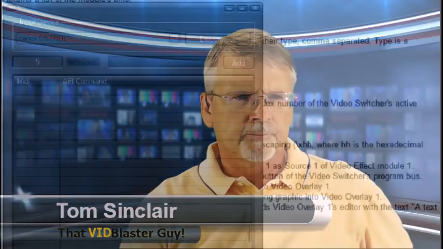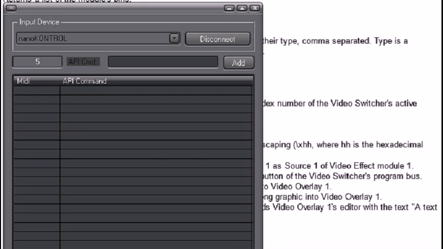The first one is something called MonoMidi. And MonoMidi was written by Daniel Frost, and I'll put a link to it in the show notes for this show. But basically, it allows me to take something like the Korg Nano Control that you can see I'm already connected to. There's Korg Nano Control right there.